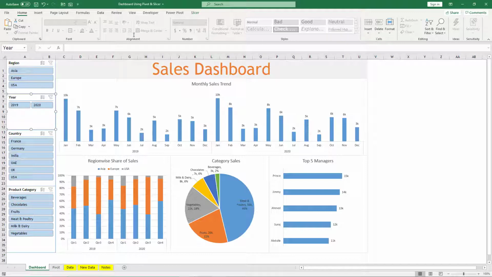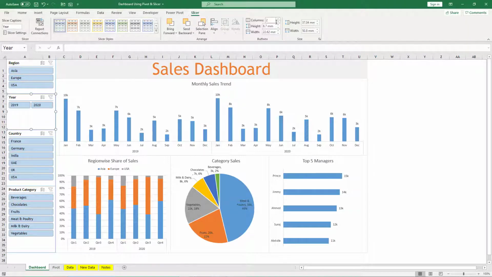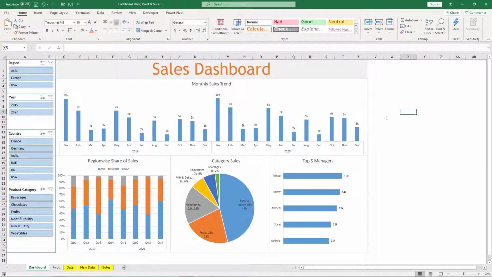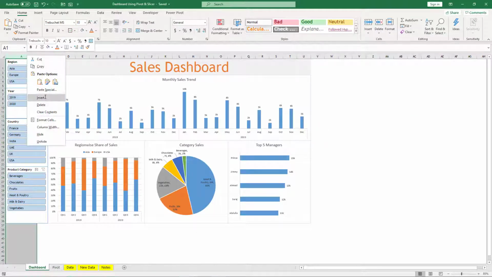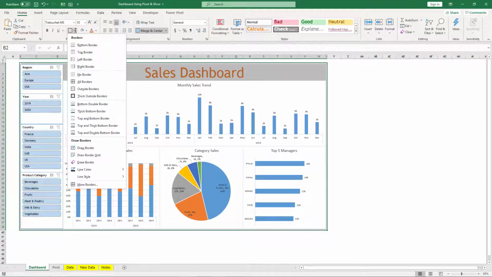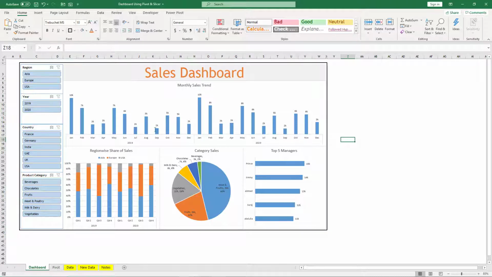We'll keep it up to this, and let us change it back to one single column just to utilize the space properly. Always make sure that whatever you are showing to the audience, it should be properly aligned, and then I will use this thick border outside so that everything can come inside that.